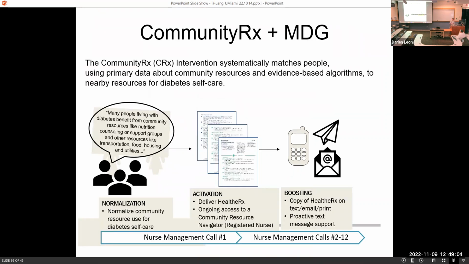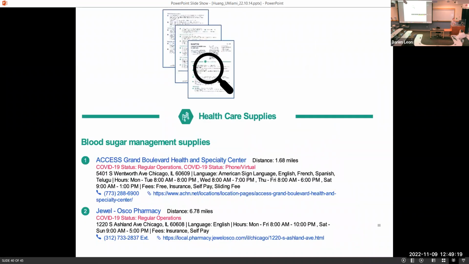Then the Community Rx part, again additional supports for getting patients to change their self-care behavior, is basically done through this Community Rx, where it's introduced at the beginning by one of the nurses. The Community Rx looks like this. It's not a great picture, but basically patients get resource referrals based on their zip code and depending on what they're looking for. If they're looking for help with food, exercise, diabetes supplies, this localizes the resources to where they live. And you'll note that NowPow is now in multiple health systems around the country, and it's recently been bought by a company called Unite Us.